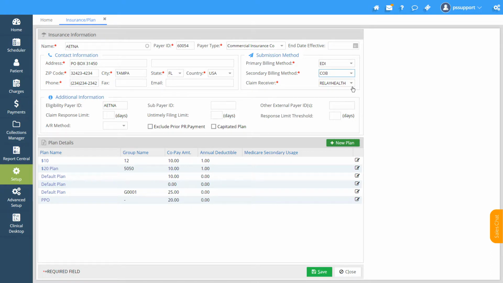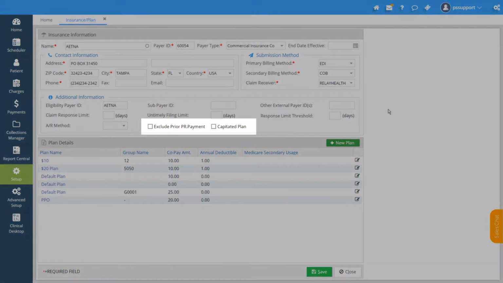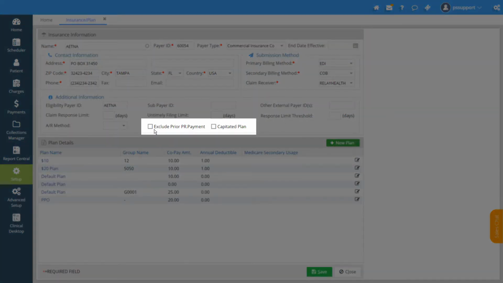ECM Receiver. The software allows you to connect with your clearinghouse, and we currently have connectivity with over 15 clearinghouses. We do prefer that you use our clearinghouses, but at the same time we can make exceptions to connect our software with your clearinghouse. There are other fields like exclude prior PR payments, which can be used while posting the